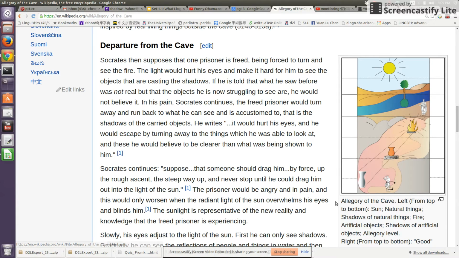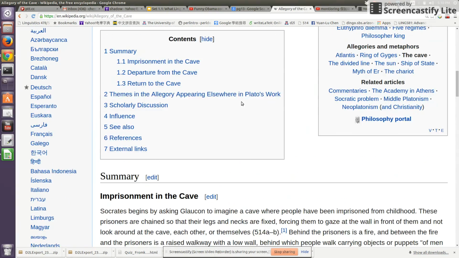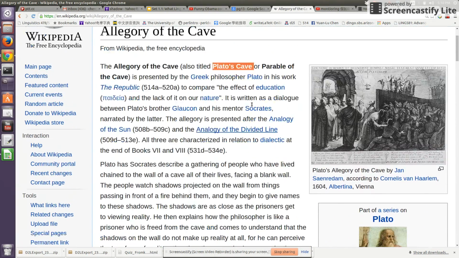I think this is a similar situation. The samples would be the shadow, the performance, and what we really want to know is about the population. I think this is a general situation for science.